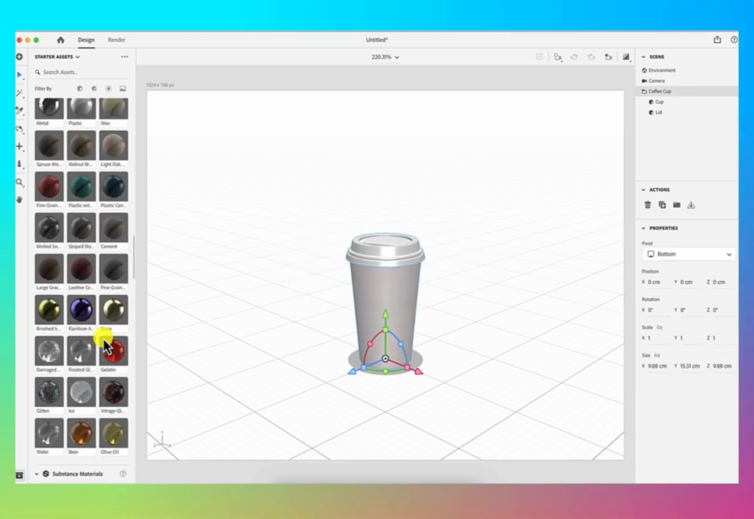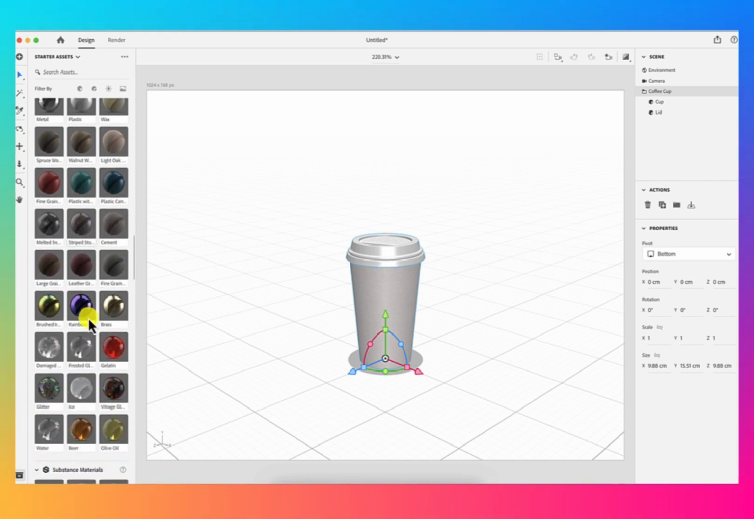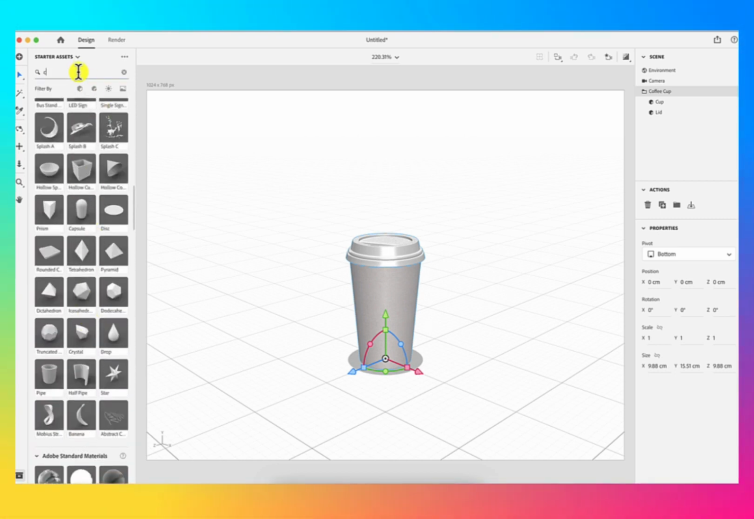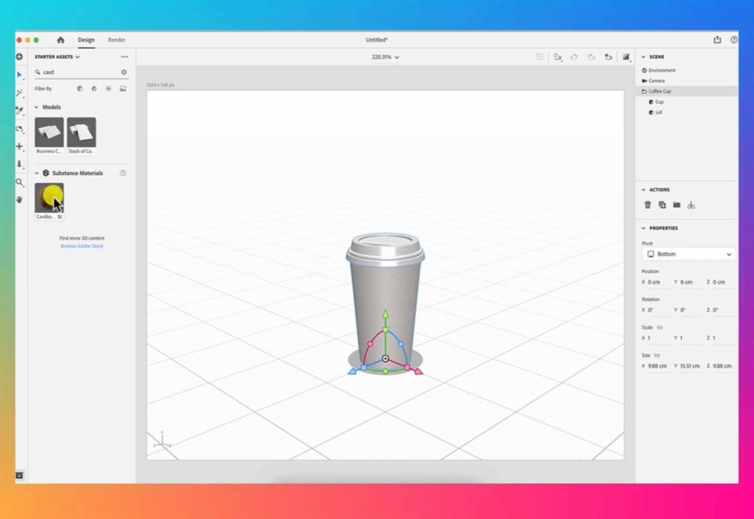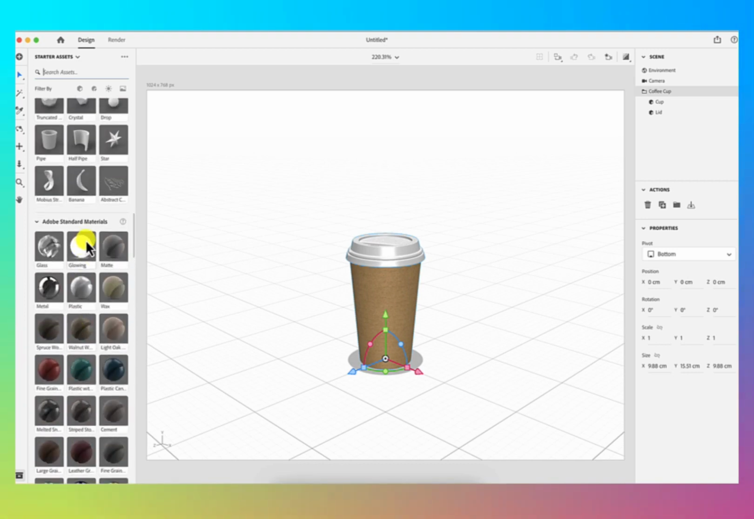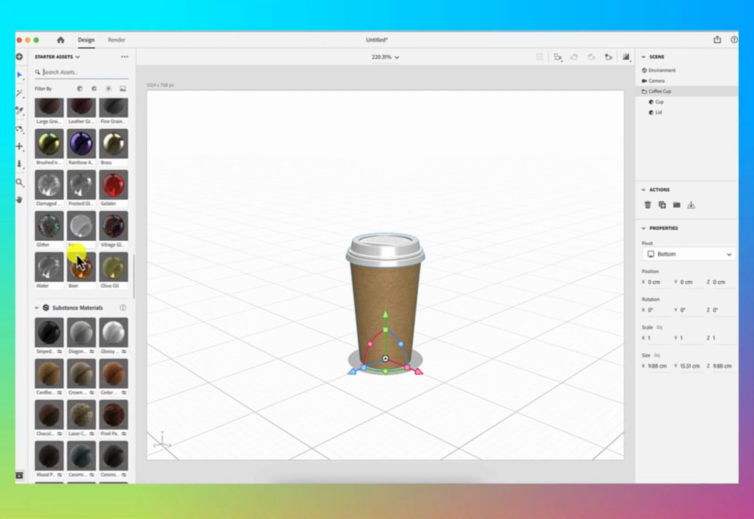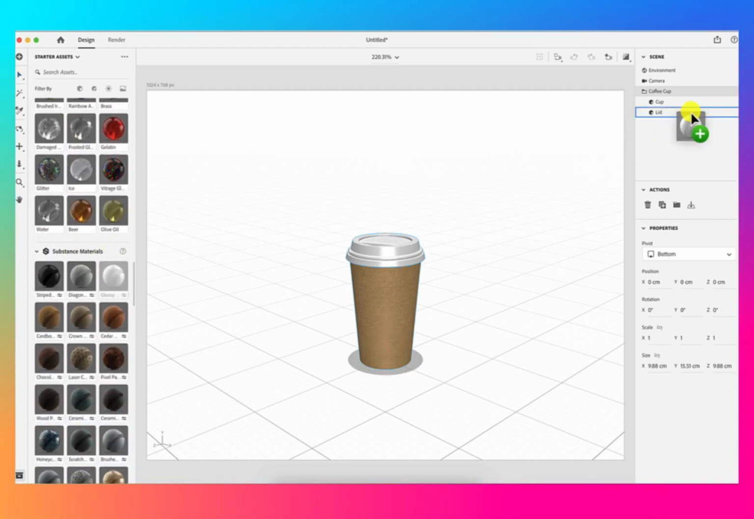You can also apply many different textures to the objects. For example, if you are looking for a cardboard box, you can type that in, and then I'm going to apply that. You can apply it to the whole object, or you can only apply that to the cup. I'm going to close that out and apply a different material for the lid. For example, a glossy